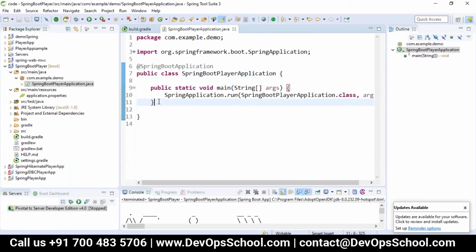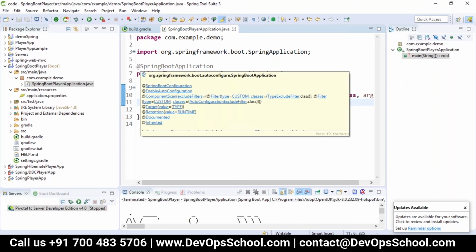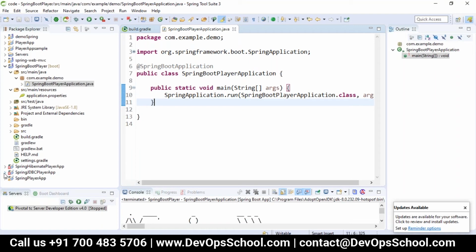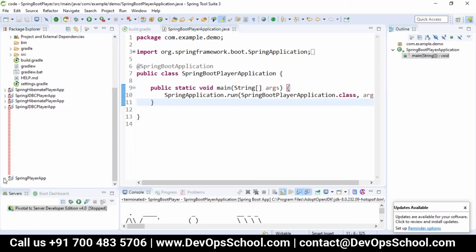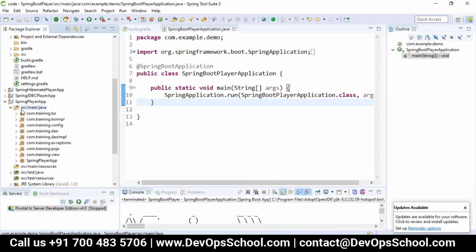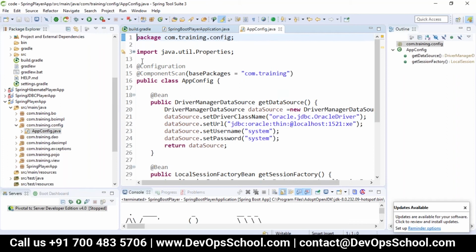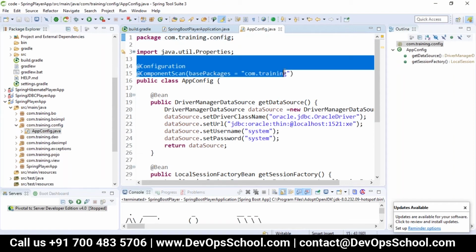In that project, there is one annotation called the Spring Boot application annotation. In the Spring project we created yesterday, we had to do the configuration, that is the configuration plus component scan. Here, Spring Boot comes up with auto configuration.